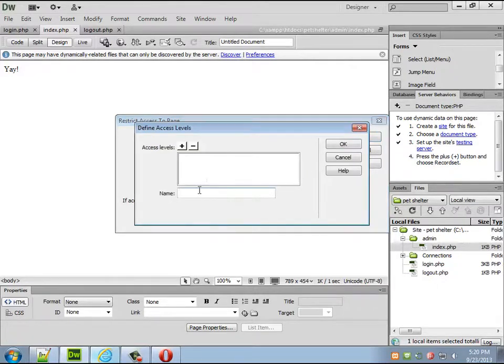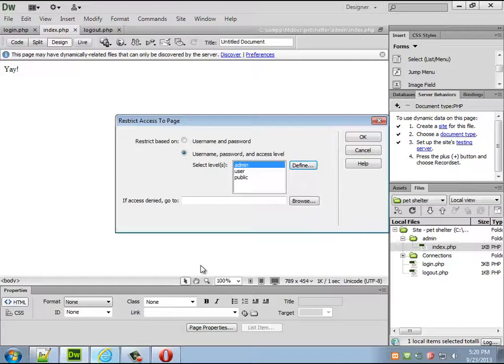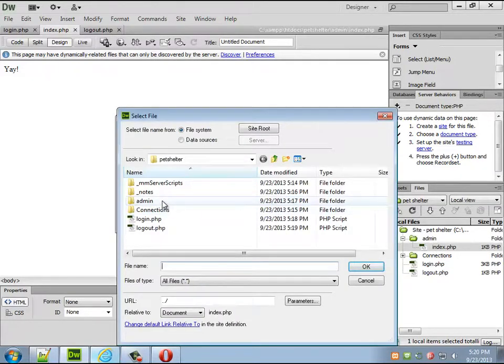But you can define the different levels. So I want admins, and I want users. And we can have one more, public. But you can define as many as you want, however many levels you think you're going to need. So the only ones who are allowed into this area are going to be admins. If not, then instead of sending them back to the login screen where they could get the opportunity to log in again, what I'd actually rather send them over to is